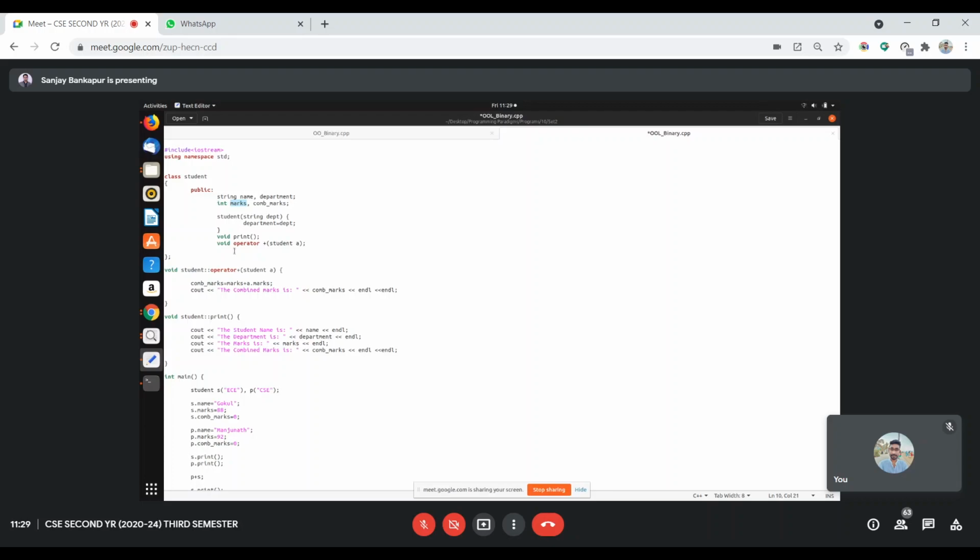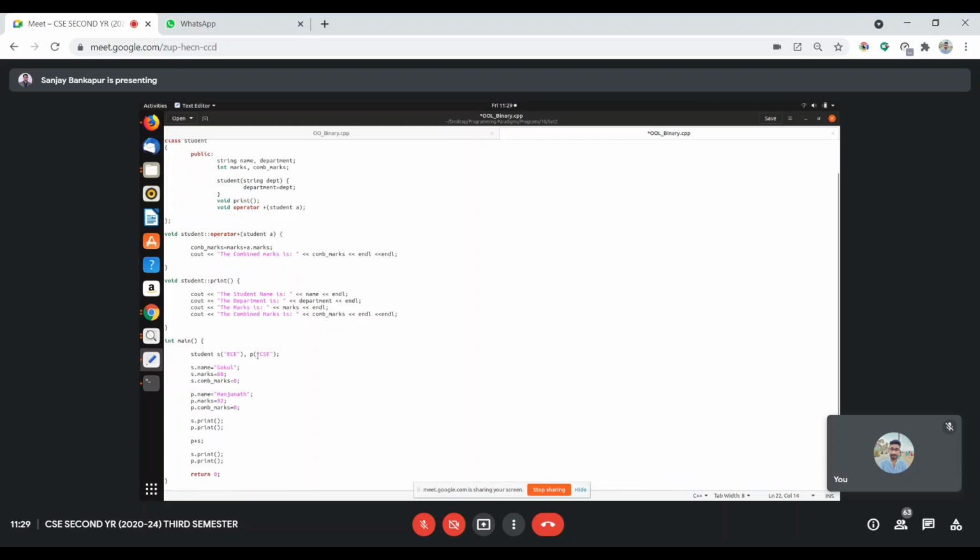But this means the exact reference on which this method is getting executed. It is getting executed from the first operand object. Okay, and the value is being assigned and kept in, again, the first object. The first operand is an object only. In that, the combined marks value is getting updated, and I'm trying to print here.